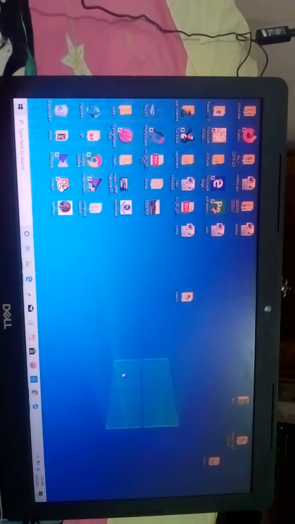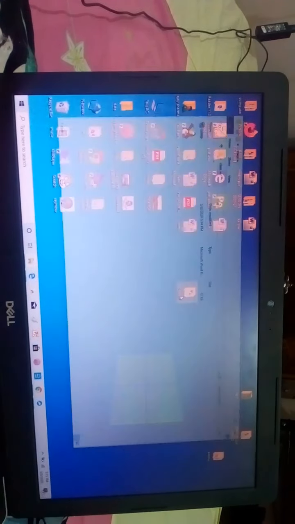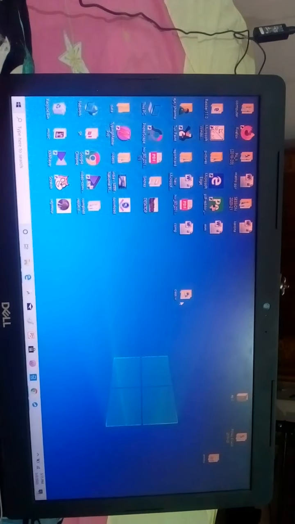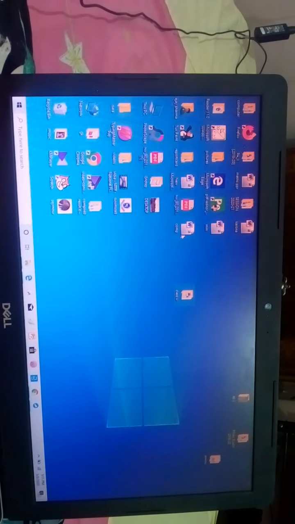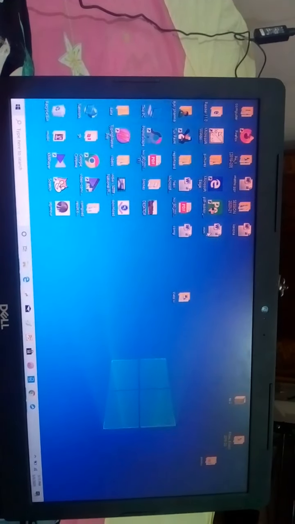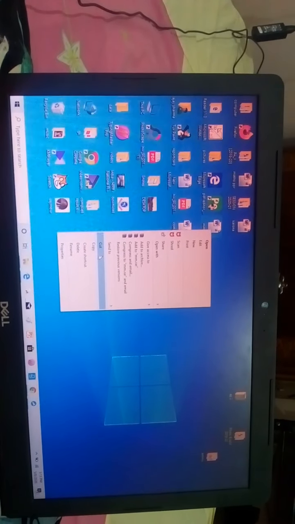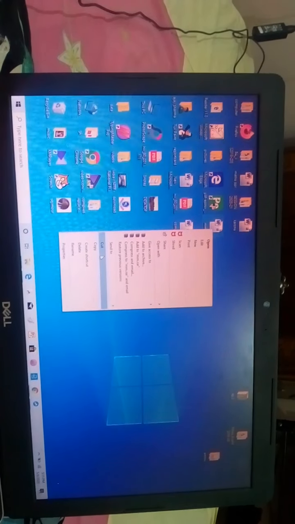Now close it. As you can see, my folder is now showing a file in it. Double click on it to open it. You can see my file is here. Similarly, you can keep as many files as you want in these folders. The other method is that you can use the cut or copy and paste option to keep your files in that folder.